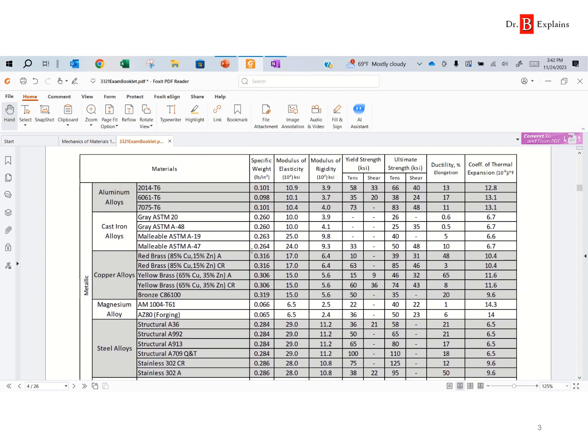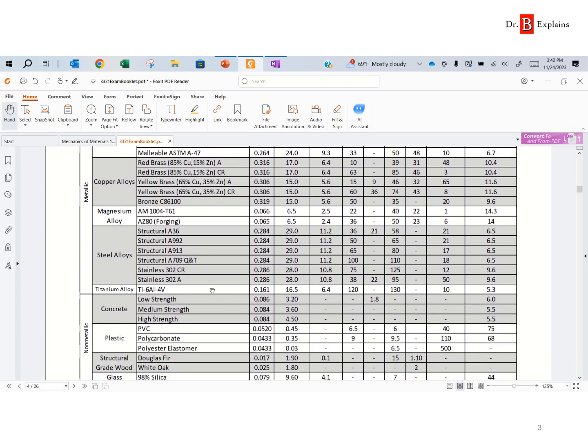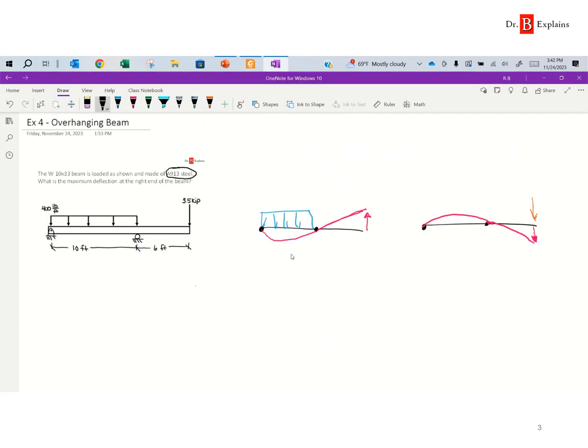Remember, the modulus of elasticity here is in units of 10 to the 3 ksi, or you can think of taking the number below and multiplying by 10 to the 6 to have it in units of psi. If we scroll down to A913, we see that the elastic modulus is 29. So let's write that down: elastic modulus is 29 times 10 to the 6